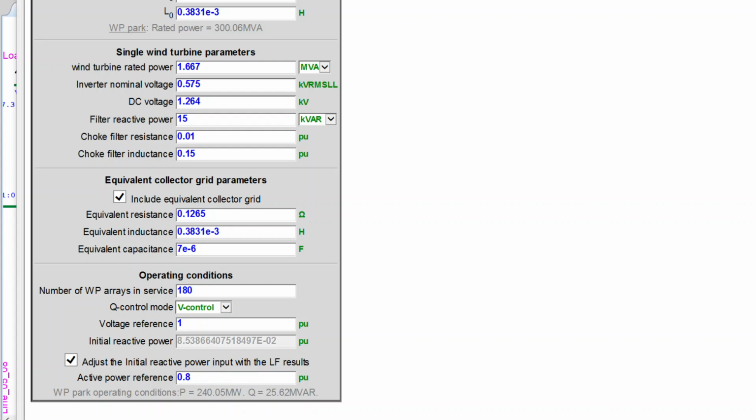Load flow has been run on this case, so it's initializing at 1 per unit voltage, and you can see the initial Q output is 25.62 megavars. So we went through the load flow initialization in the September 14th session, and we recorded that. It should be posted on the NERC's website, and we'll put a link to that on the